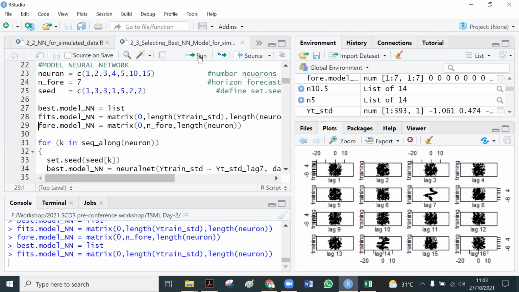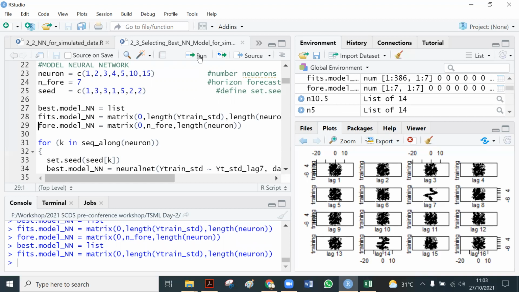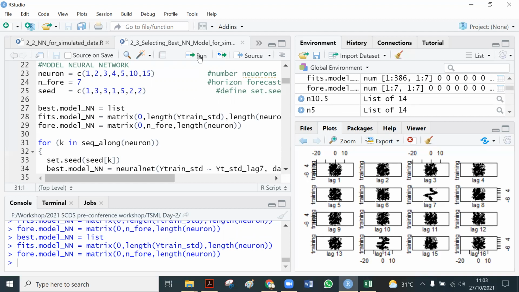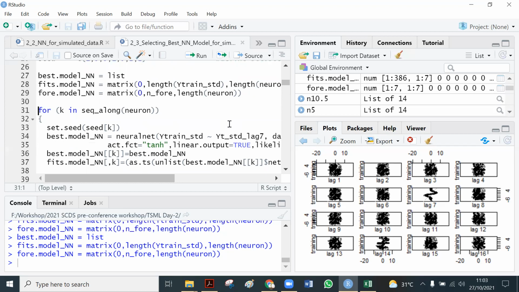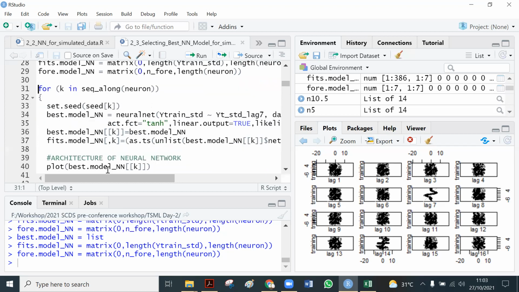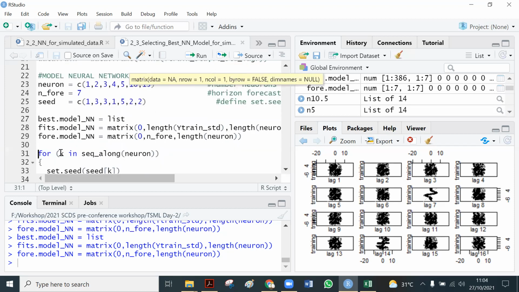Okay, this is an empty variable used for saving the output. And then here we compute sequentially along the neuron. So we have K repeat until the number of neurons.